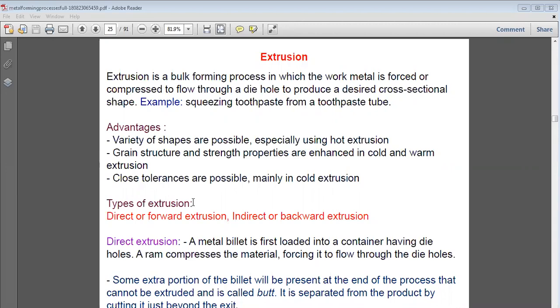Some extra material is always left when we are pressing the toothpaste. If a solid substance is coming out of it and we require it to be of some fixed length, then we have to take out some extra length from the die so that the actual shape can be cut off later on. So for this we have to cut, and that extra extruded part is known as your butt. Butt is always required in this case.